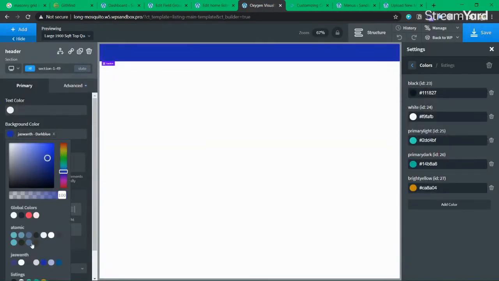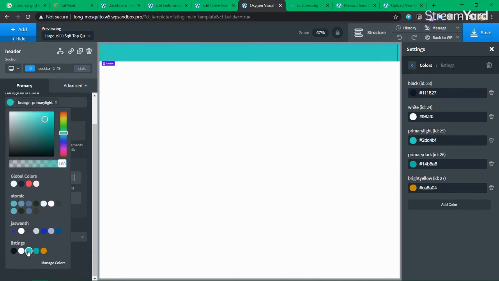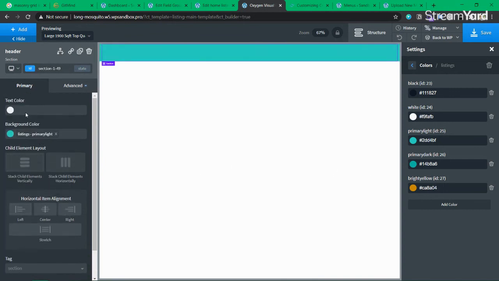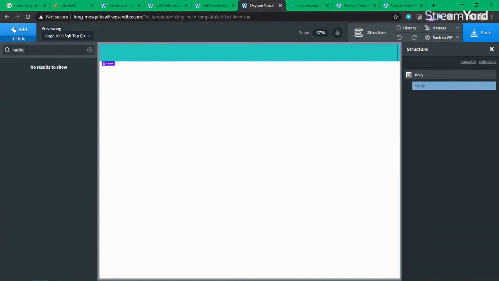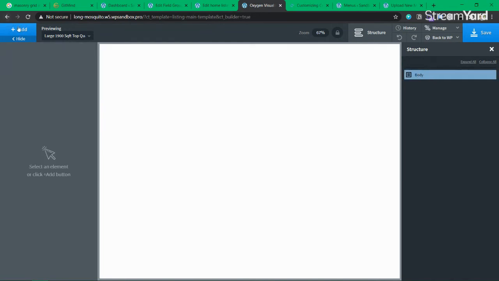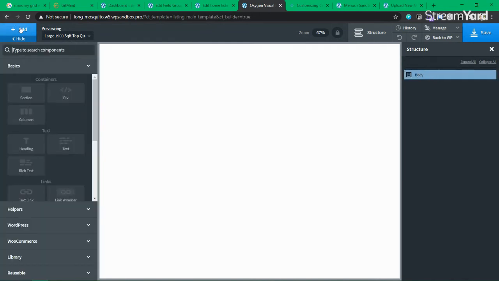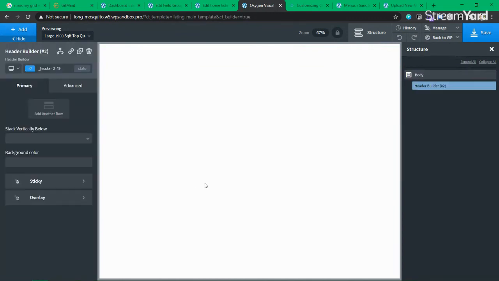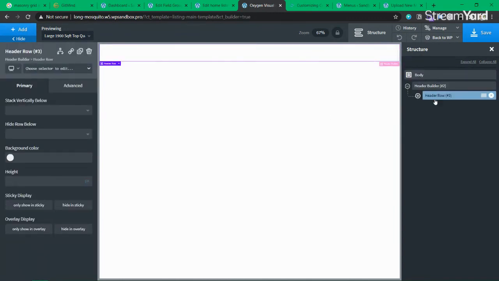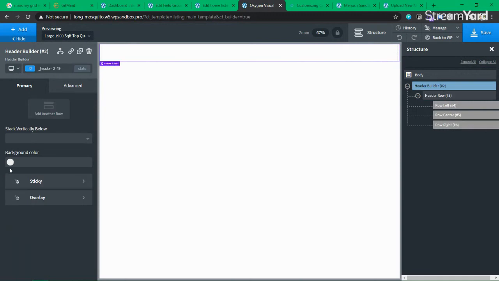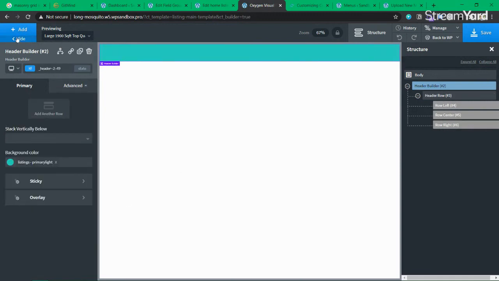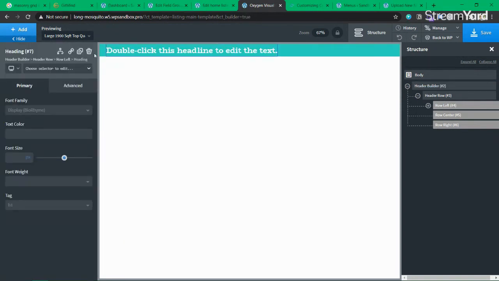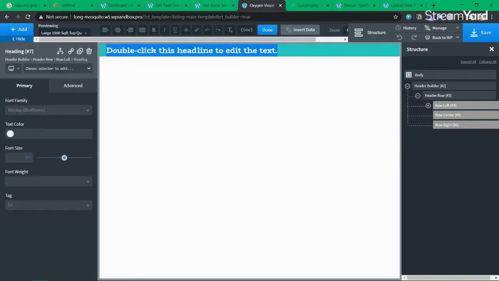So instead of this, let's go with listings. Let's choose the one black color. Also, we need to change the headings too, but we did not change them. So instead of adding a header here, let's just delete that. Let's just add header builder. So this is our header builder, which we all know how this goes. Let's select the lighter color. Now let's add a heading. We have a heading. Let's call this